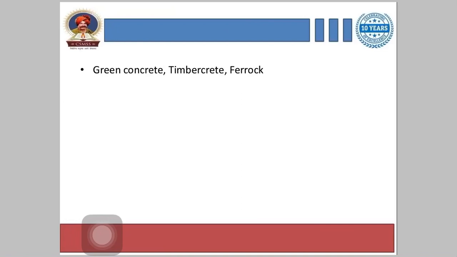So the unit outcomes here are to list the advanced construction materials for given construction project, identify the properties of given advanced material, and enumerate the applications of given form of materials in civil engineering. Also to identify the situation to use the given material and justify the use of given material for given site condition.